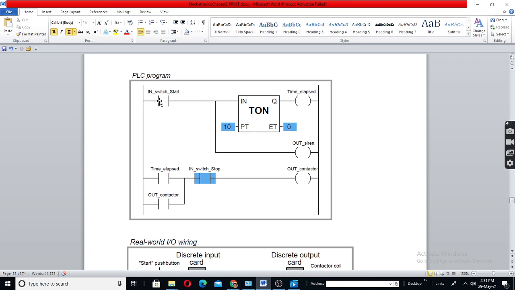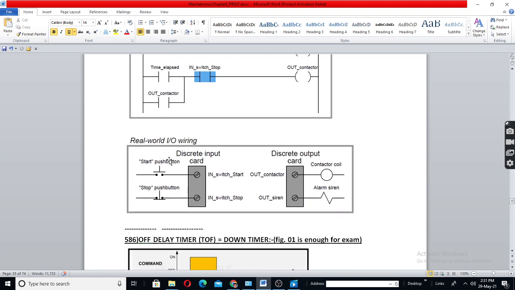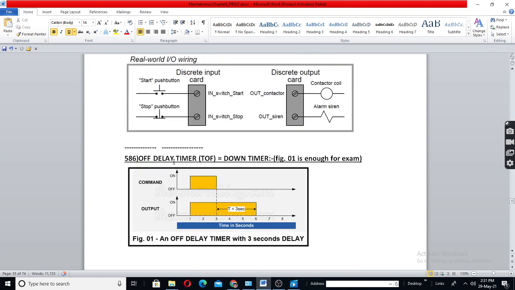Now a PLC checks from top to bottom and left to right. This is the first rung, this one and this one both. This is the second rung. There are two rungs here.